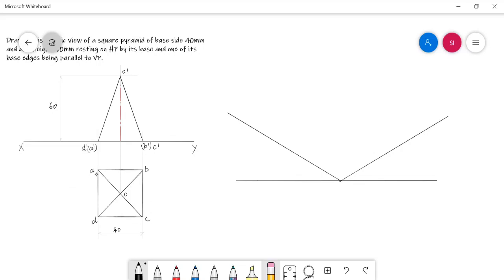So we need to enclose the base view of the solid inside a four-sided polygon.